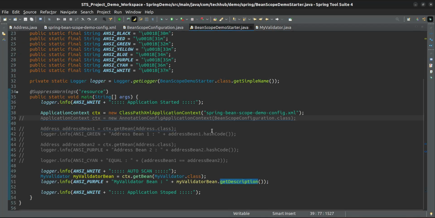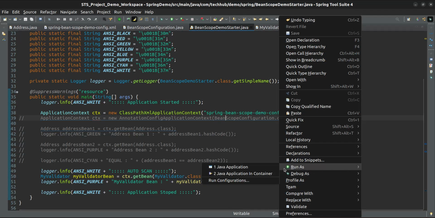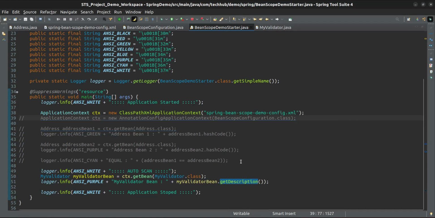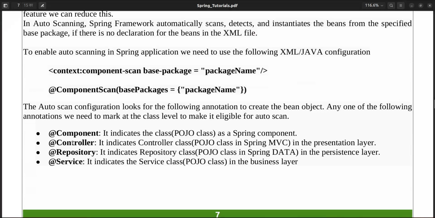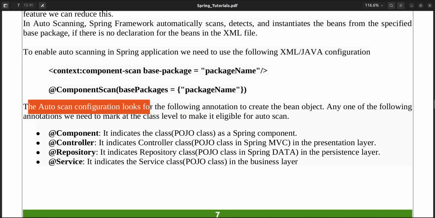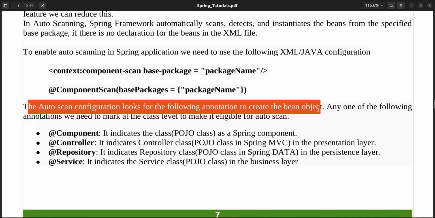So this is called auto scanning, that's it. For auto scanning, the auto scan configuration looks for the following annotations to be created of